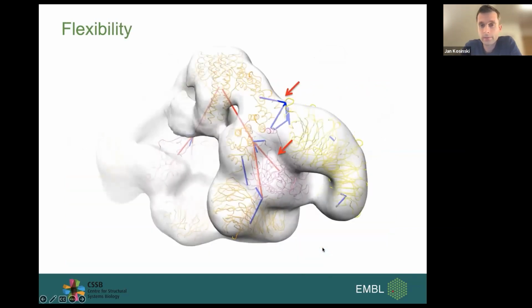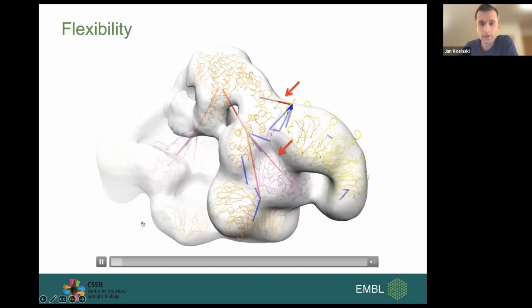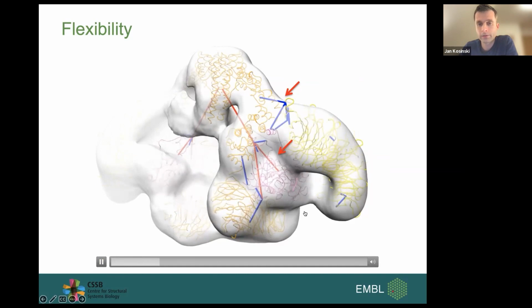There's some limited support for flexibility. Assembline is mostly a rigid body modeling program. So you divide your proteins into smaller fragments, domains, and they are treated rigidly throughout the procedure. If you want some flexibility, you need to cut them into smaller rigid bodies, for instance, at hinges between domains. But there's also some support for flexibility during this refinement step. I would recommend using it only to optimize some linkers between rigid bodies and some little loops.